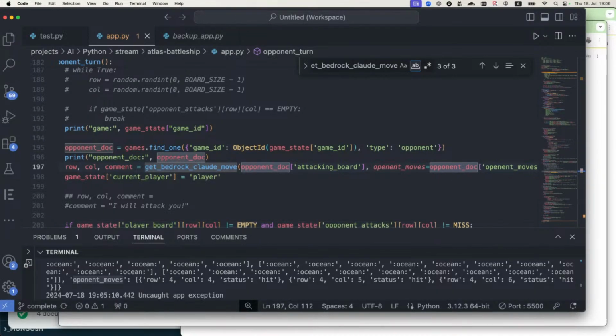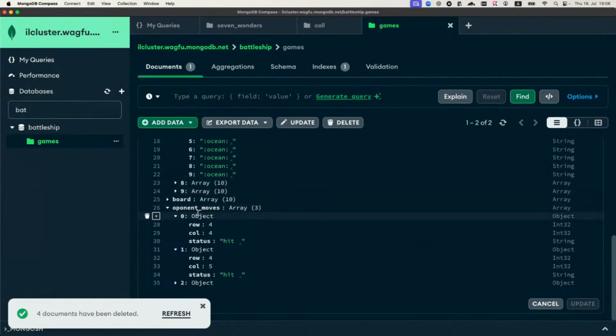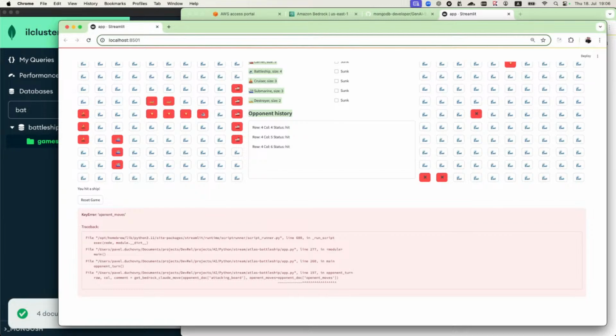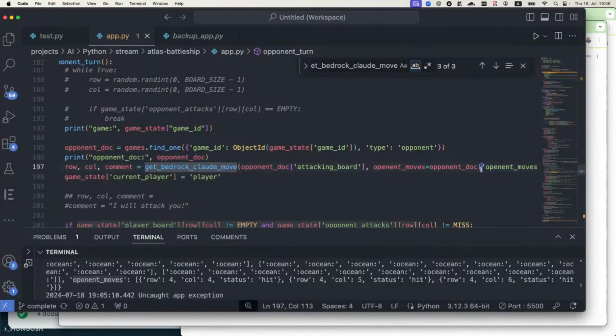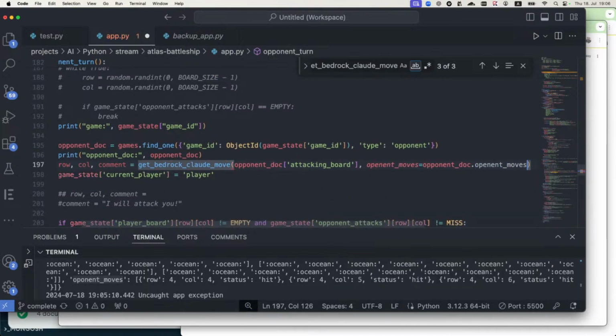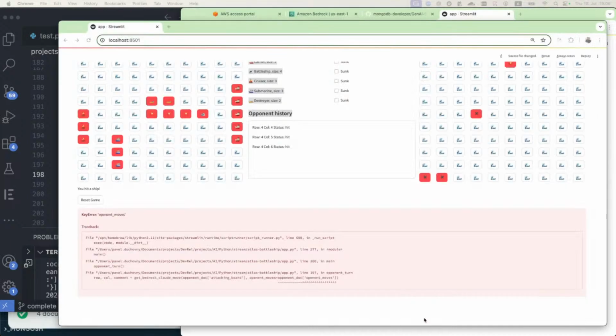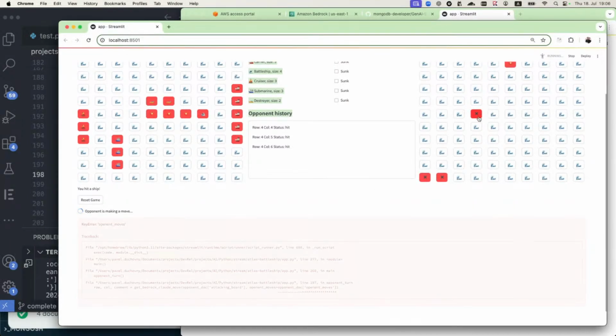So I do see it here, opponent. Maybe it's misspelled. Opponent. No, I misspelled it here as well. So this seems to be something odd here. Okay, let's do it this way maybe. Opponent doc. Okay. Now let's rerun this. So rerun. And hopefully this time,